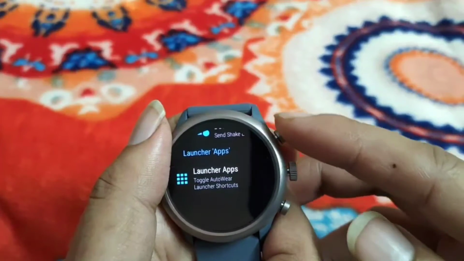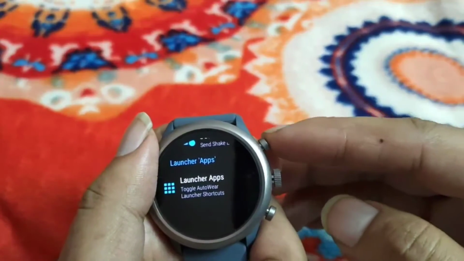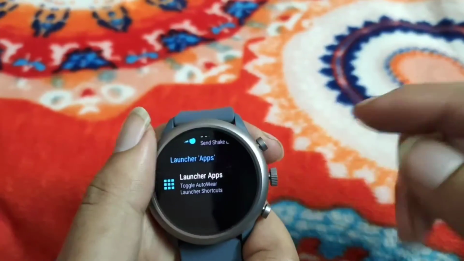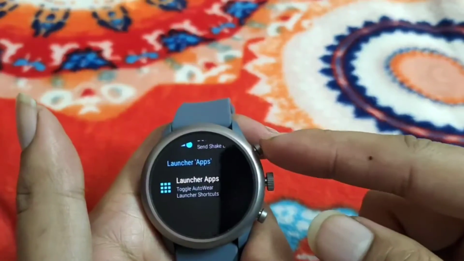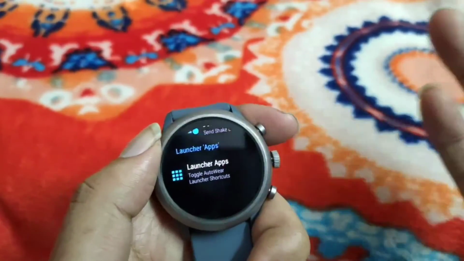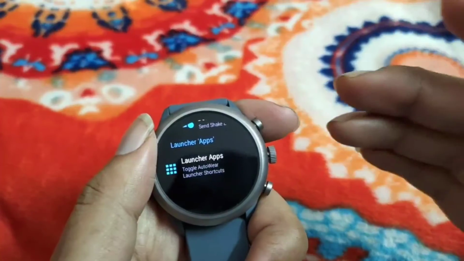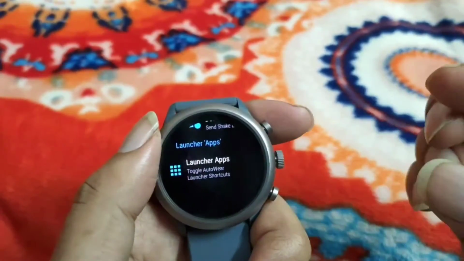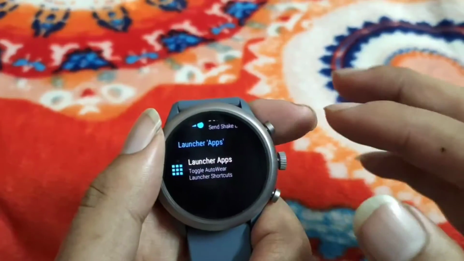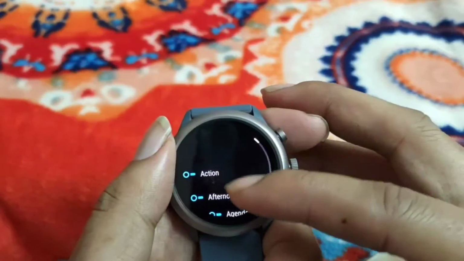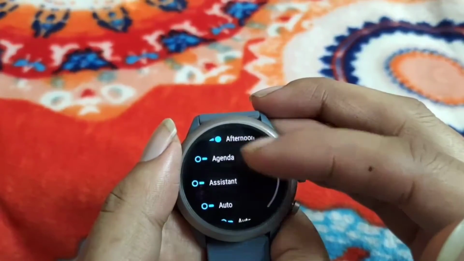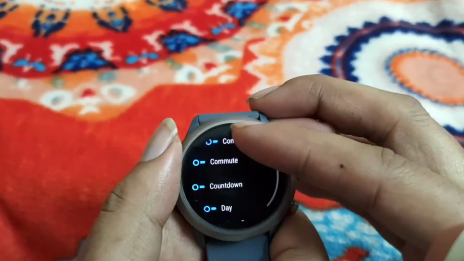With the Wear OS settings, you can assign shortcuts for your applications, but the application needs to be there, right? You're not able to assign tasks directly because they are not in the form of an application. So with AutoWear, it gives us some predefined application names which you can use.